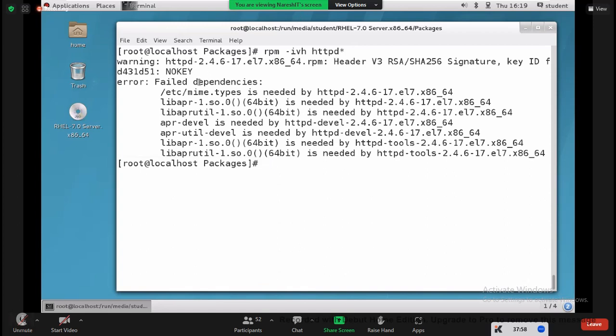See, failed dependencies. We have a few dependencies, so we need to install those dependencies. Then only can we install this main package. I hope you got it, guys. If you have one or two dependencies, manually we can install them with the help of the RPM command. It's not a big deal. But if we have 100 dependencies,